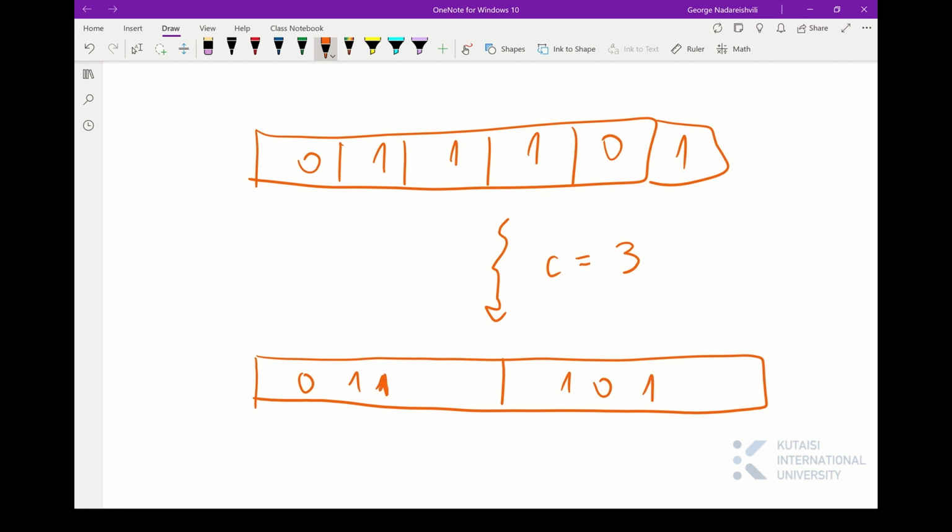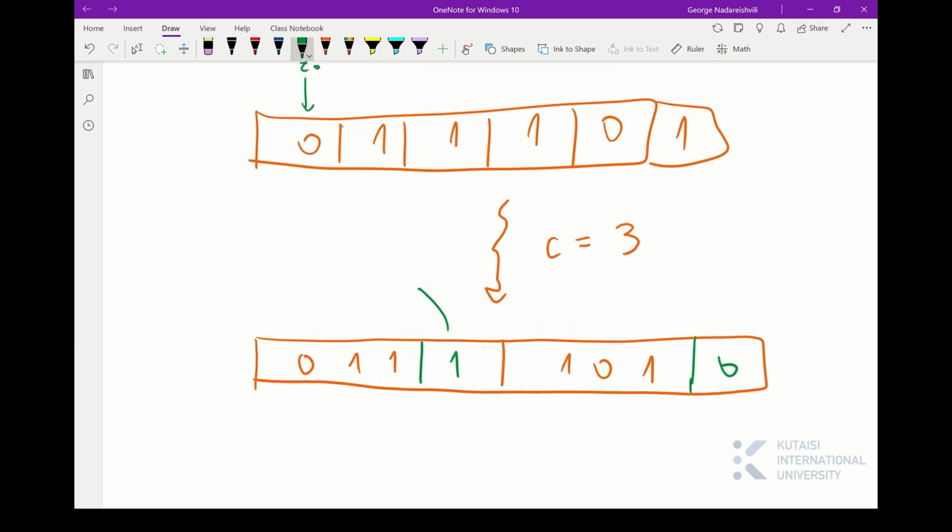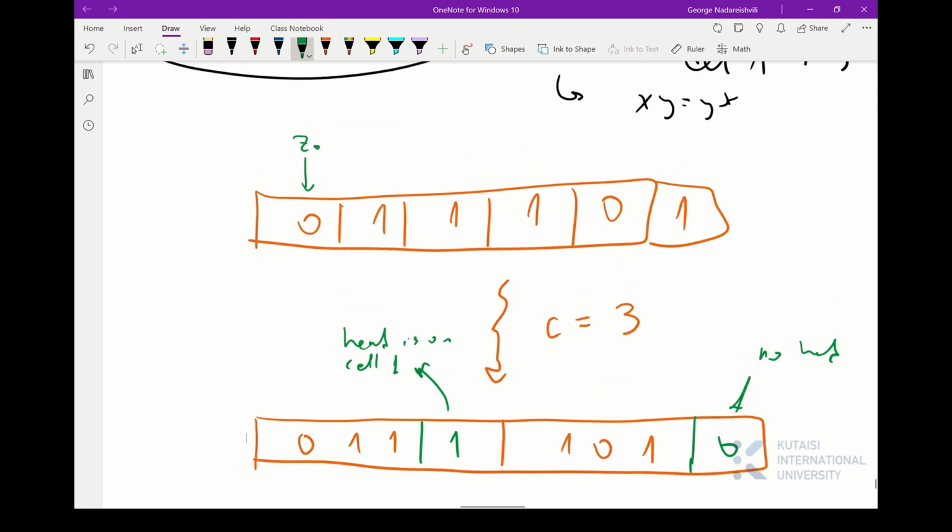I'm in 2 cells here, but then I will also, let's say initially if my machine was here, I will write 1, and I will write in green, I will write 0. What this 1 and 0 stand for is just the location of the head. This 1 here means that the head is on cell 1, and 0 means that there is no head here. So I'm also memorizing where the head is standing because I want to then simulate the steps here. So for example, if my head moves somewhere here,